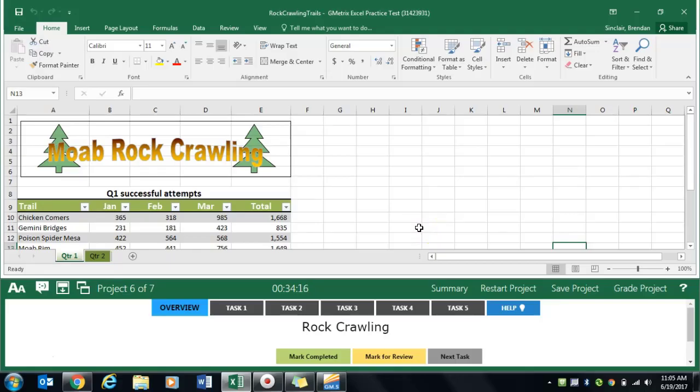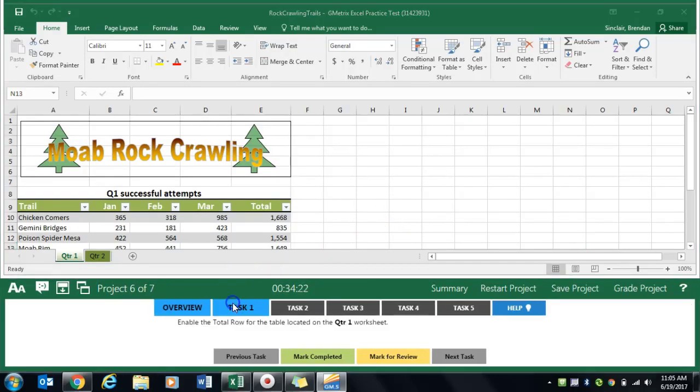Working on Excel multi-project 1 in GMetrix. Currently we're on project 6 called rock crawling. Task 1 asks us to go ahead and enable the total row on the table located on the quarter 1